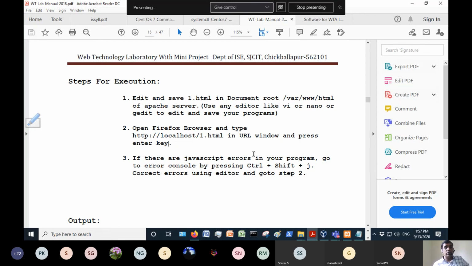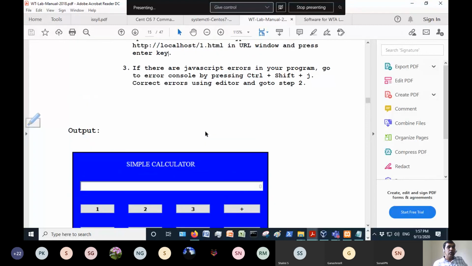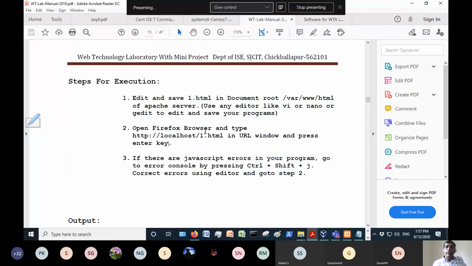So this is the execution step, and finally the output. I have given everything in the manual. That is how you should execute your programs. The steps differ from one program to another. The majority are the same, but sometimes for PHP and other programs the steps change, you will see that.